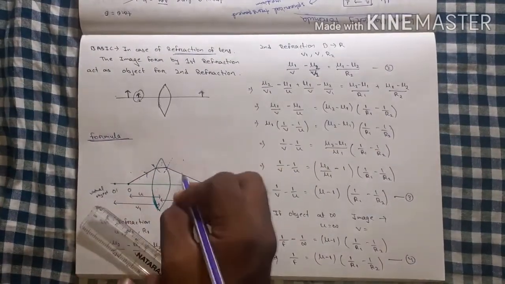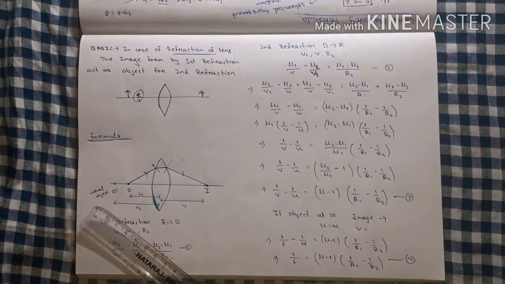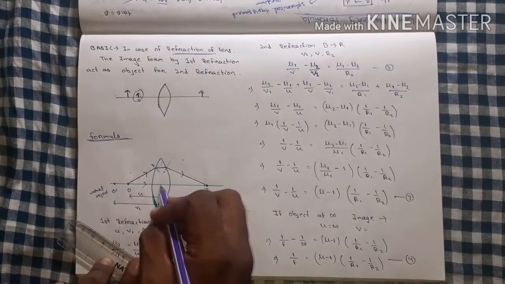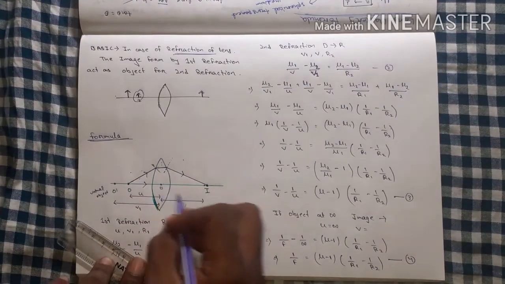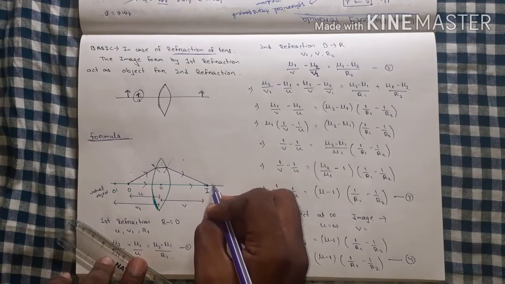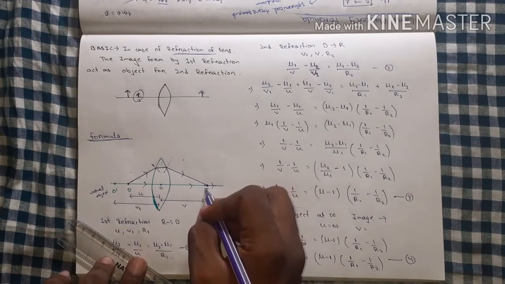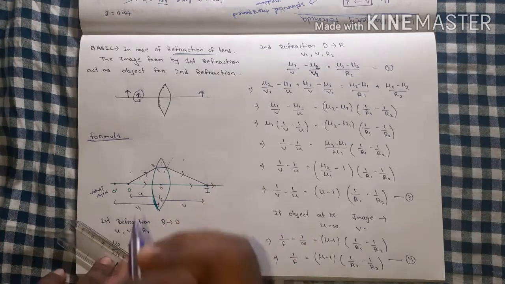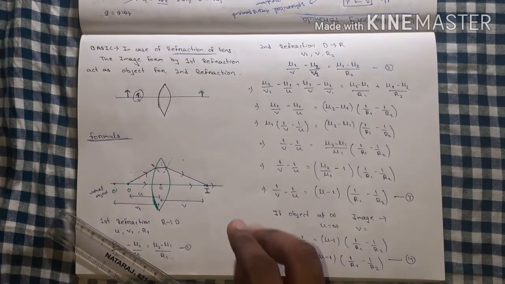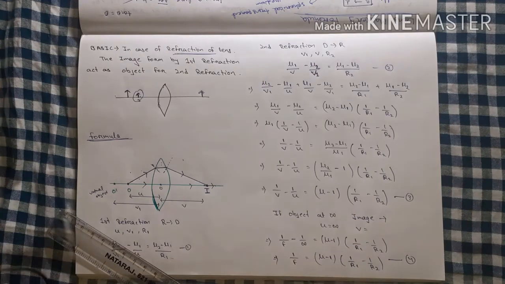It is the first ray. Then what will be the second ray? The second ray is this. When a light ray travels through the optical center, there is no deviation, and at this point the two rays meet, so the image is formed here. We studied in the earlier case that where two rays meet, that will be our image point.